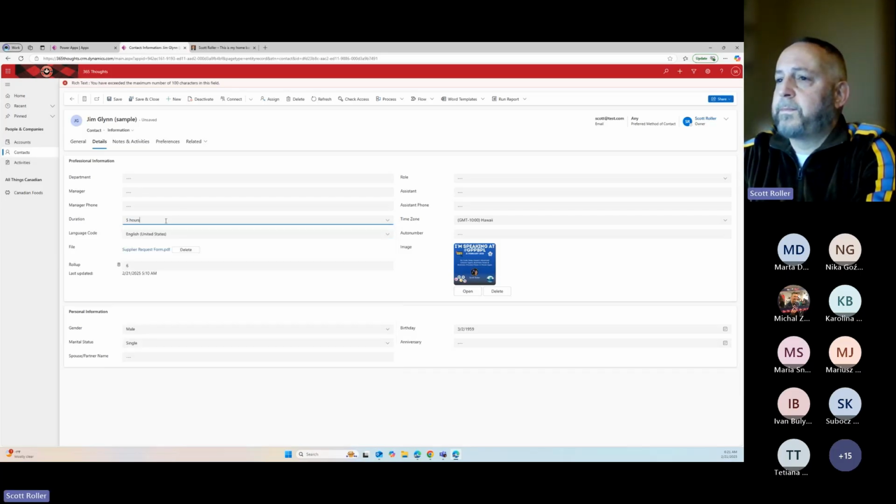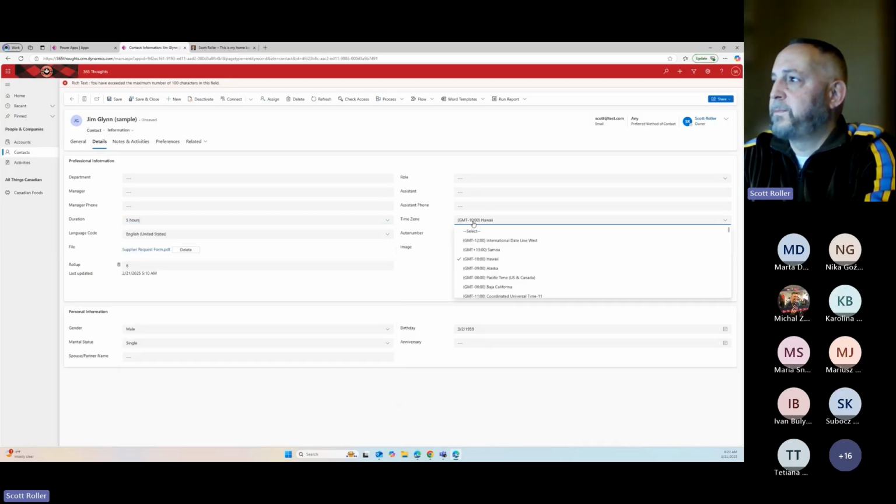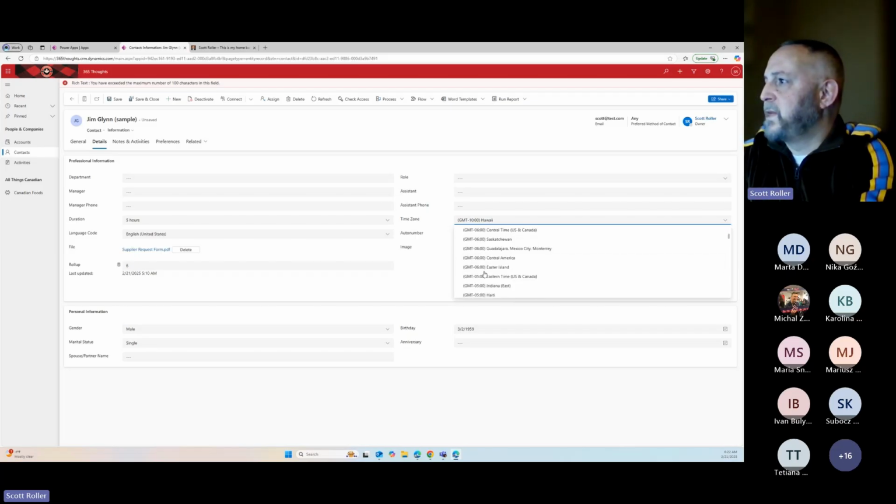Then also, one of the things I'll say is I think it's kind of weird that this is a number type field. The same way with time zone, that you need to choose a number type field to create a time zone drop down pick list. Maybe those things go together, but in my mind, it's kind of a weird thing. So here, though, we can choose a time zone field and drop down and choose any time zone with